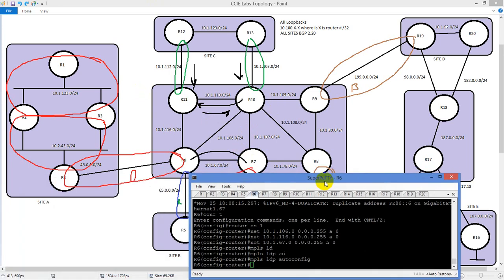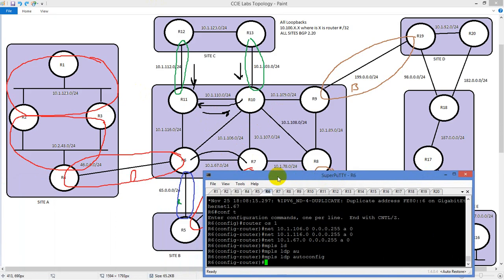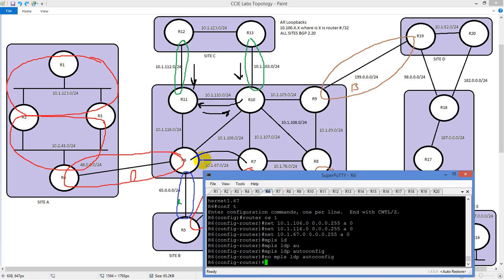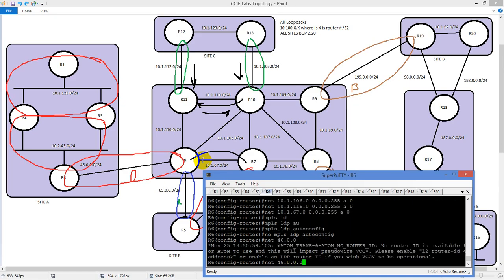Actually, let me bring this over here. Actually, I need to put OSPF on this link too. So I need to type in network. You know what? Just thinking. I can't use MPLS autoconfig on this router, and the reason why I can't use it is because I don't want to run MPLS on the circuit. I can't run MPLS on the circuit because it's going to be a PE to CE route. So I have to use no MPLS autoconfig. So I'm going to type in network, it's going to be 46.0.0.0,